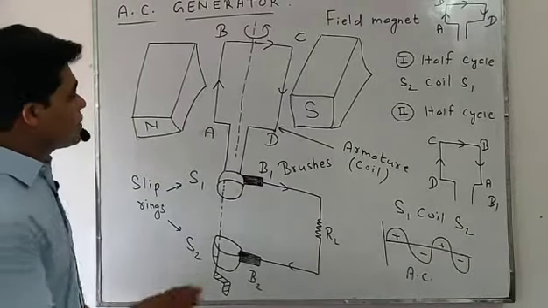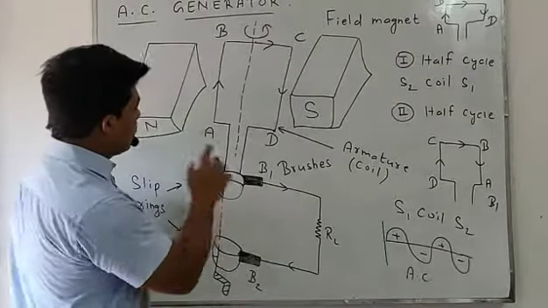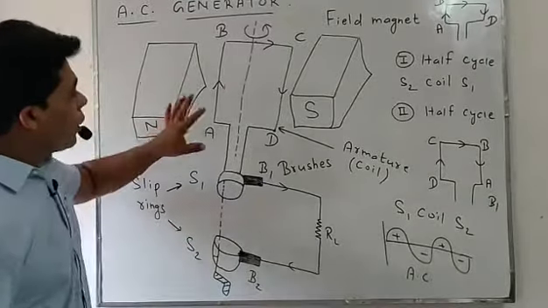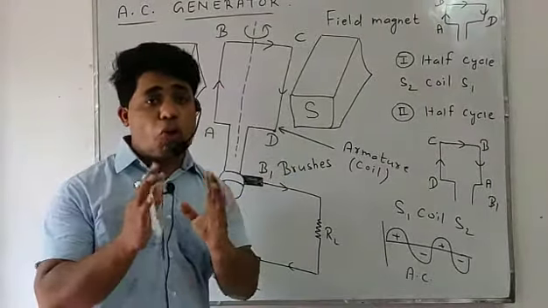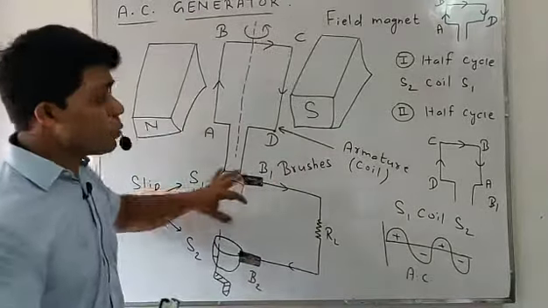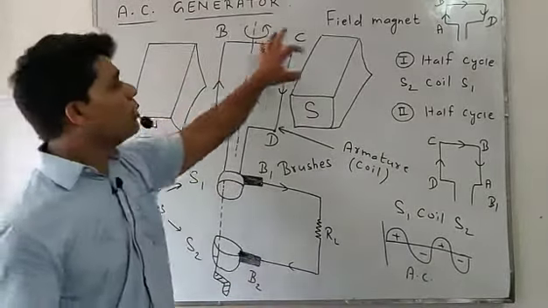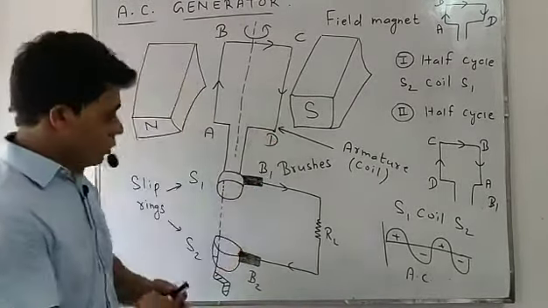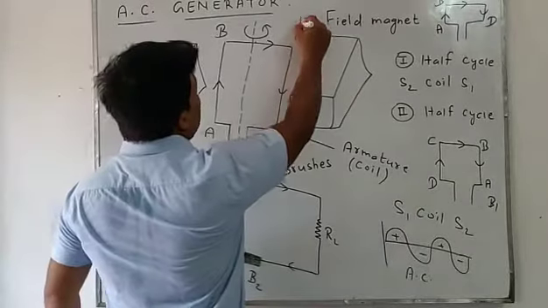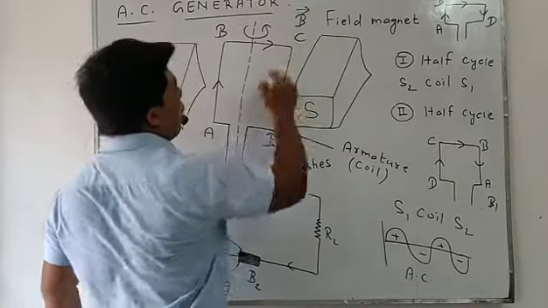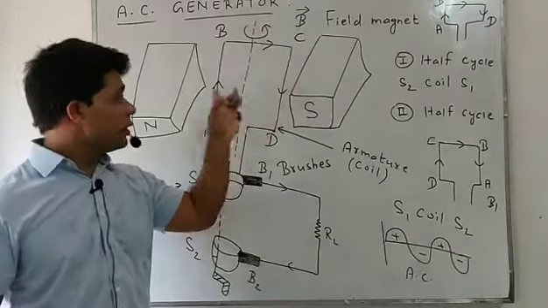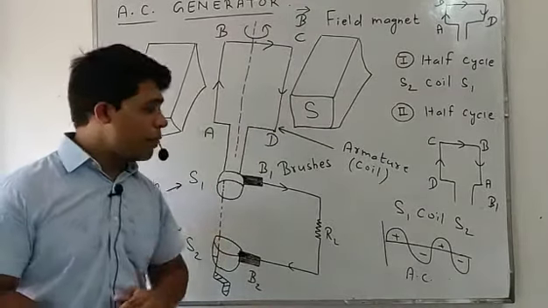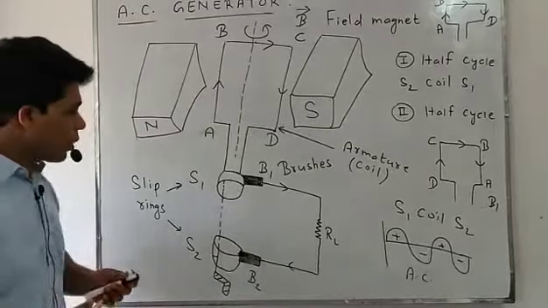Now students, the second is the permanent magnet, north and south pole. The coil is placed between two strong magnetic poles that produce a strong magnetic field around the armature coil. Okay, the first portion was the armature coil, the second portion was the permanent magnet, and third is the most important.